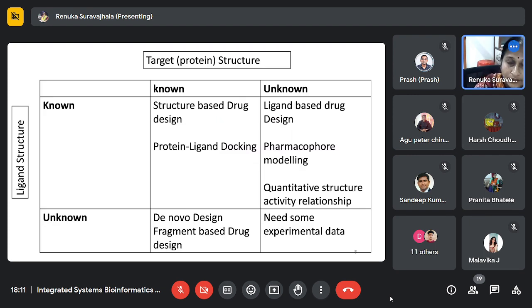So we need to know which kind of docking studies we have to do. We should know what we know about the protein and what we don't know about the protein. If there are unknown proteins, then we have to select the appropriate kind of designing. And if the protein is known as well as the target molecules are known, then we will go for the ligand structure based designing, which is nothing but the protein ligand docking. If we know the structure of the ligand but not the protein, then we go for the QSAR and pharmacophore modeling,